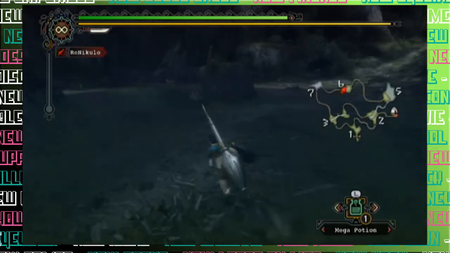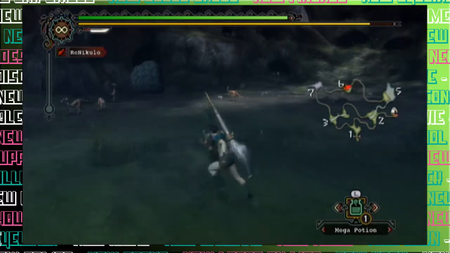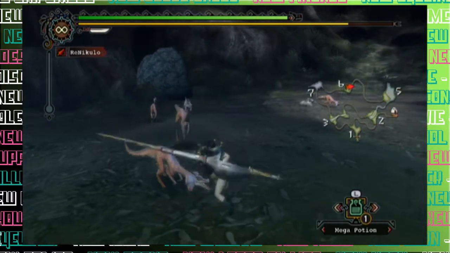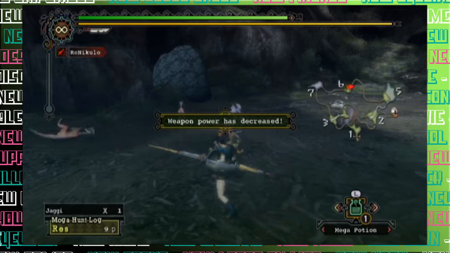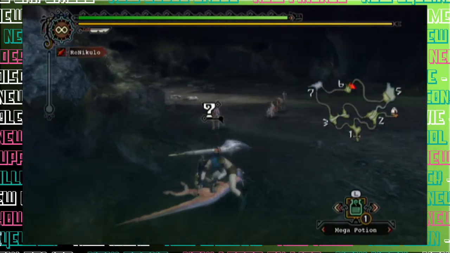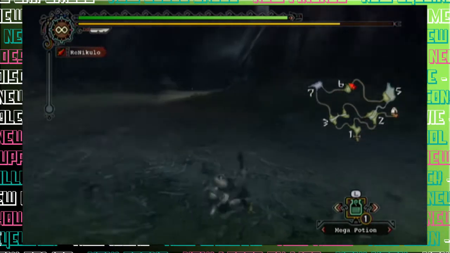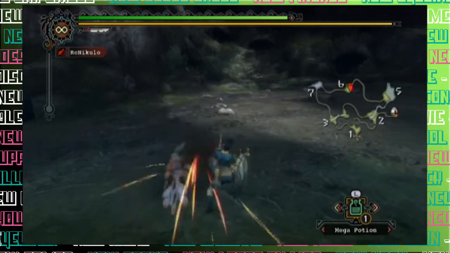Alright, so now it's time to figure out what the best way of dealing with these is. So I chose the lance for this playthrough. Oh no, my weapon's lost some sharpness, so he's telling me about the whetstone, which I might have to use soon. So why I chose the lance for this playthrough is partially because I haven't really used it a whole lot, and I want to learn a new weapon style,